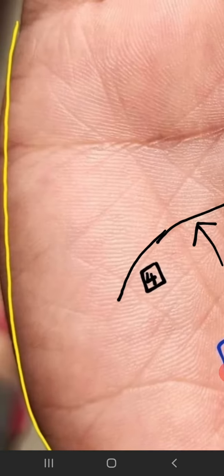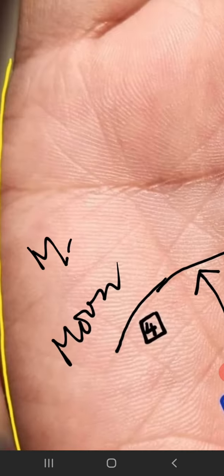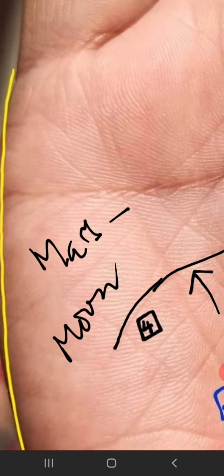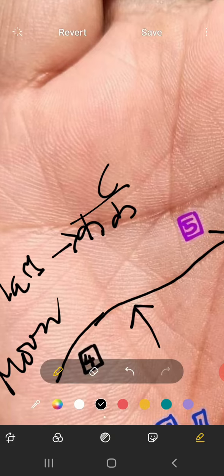It shows the influence of the moon. It shows the influence of the moon for sure. All right, and why does it show the influence of the moon? You can see that Mars is in Karkataka Rashi. Karka Rashi. It means the moon and Mars are making a strong sambandh.